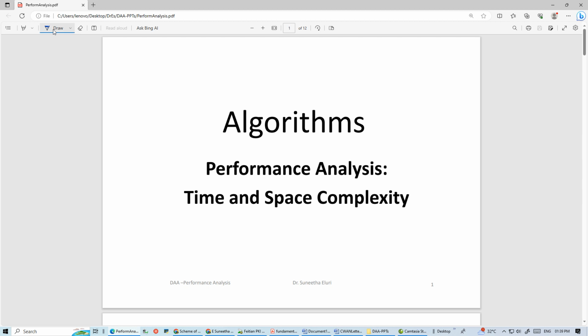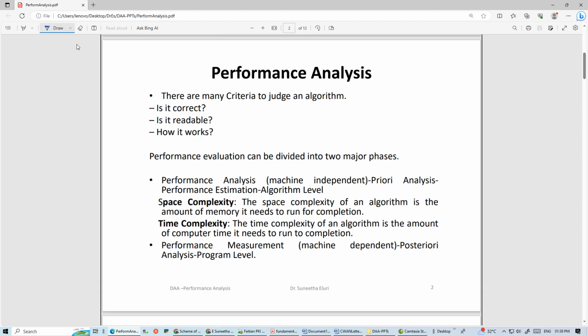Today we are going to learn the performance analysis of the algorithms in terms of time and space complexity. What is performance analysis? Usually when the algorithms are designed, then